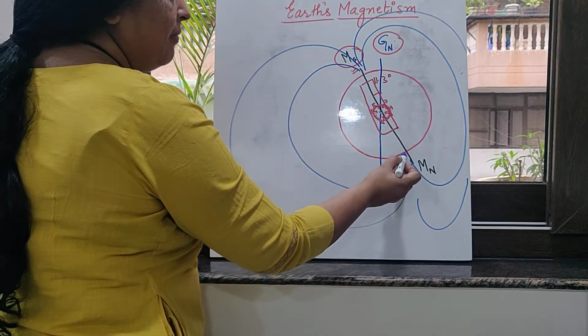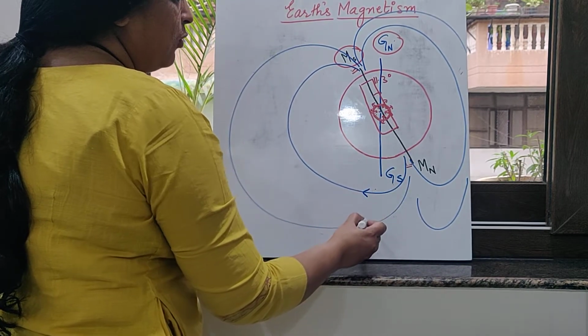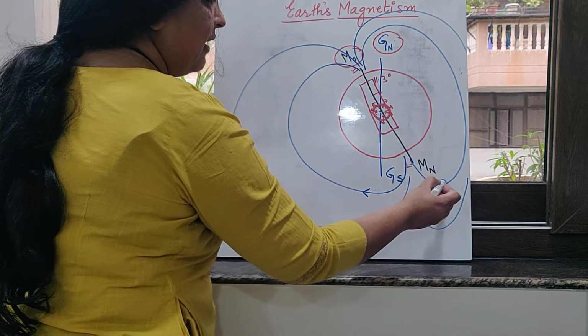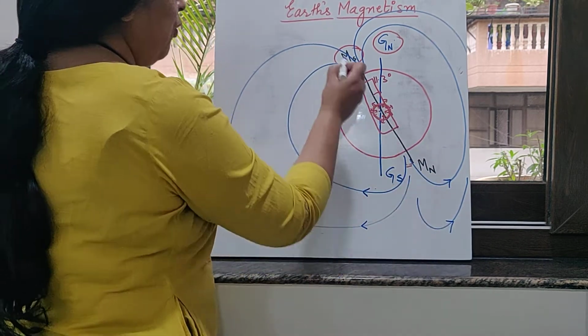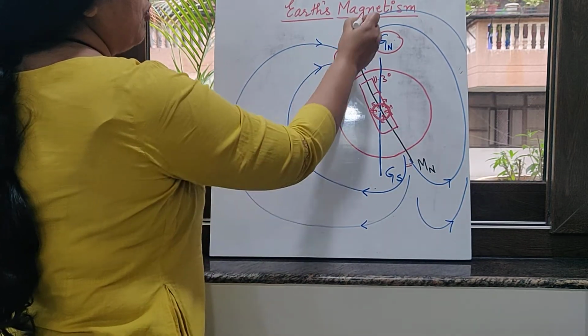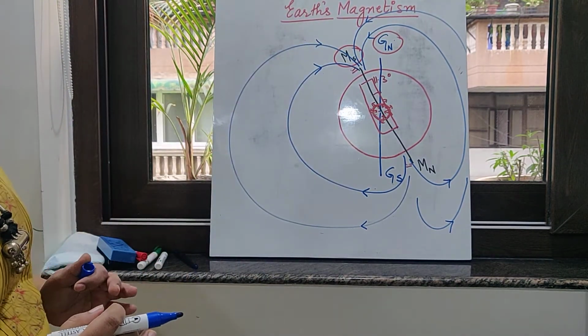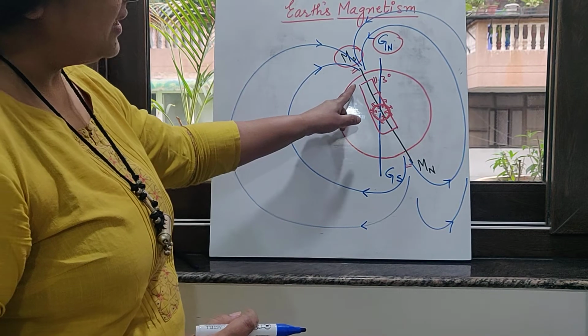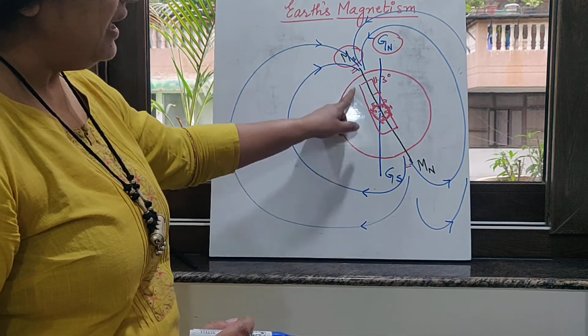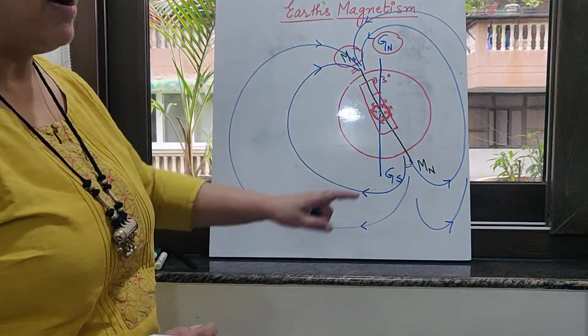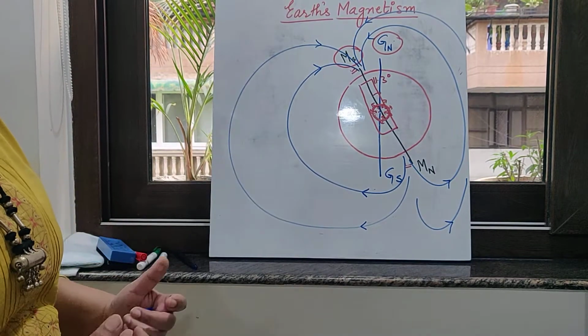So because this is the magnetic north, the arrows will be like this, and they will point away from the north pole, they will move into the south pole. So this is how we represent the Earth's magnetic field pattern, which is actually what we are representing, the magnetic field produced due to this bar magnet, which is just an assumption.